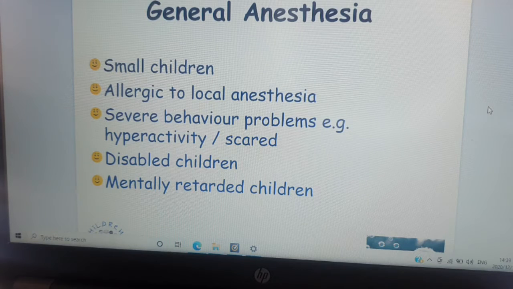Sometimes we may have children with severe behavioral problems, them being hyperactive or just scared. And then from there, we then have our disabled children as well as mentally retarded children. So basically with general anesthesia, when it comes to pediatric patients, there's 3 common types of anesthesia that we use. There's local anesthesia, there's topical anesthesia if we don't really require so much anesthesia in a particular